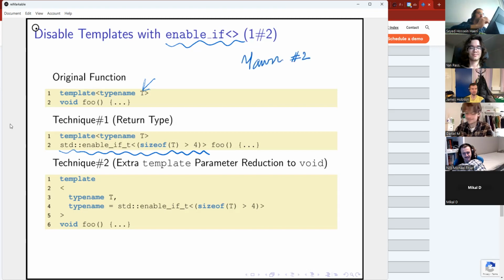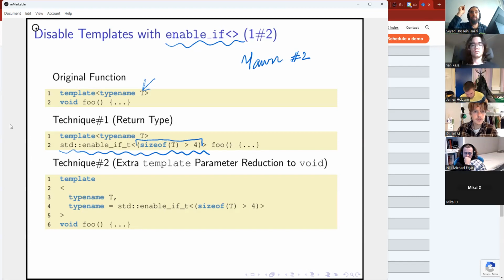So how does it become a valid type? Well, it becomes valid if this condition becomes valid, which means it becomes valid if the size of the type with which foo is being instantiated is larger than 4 bytes.